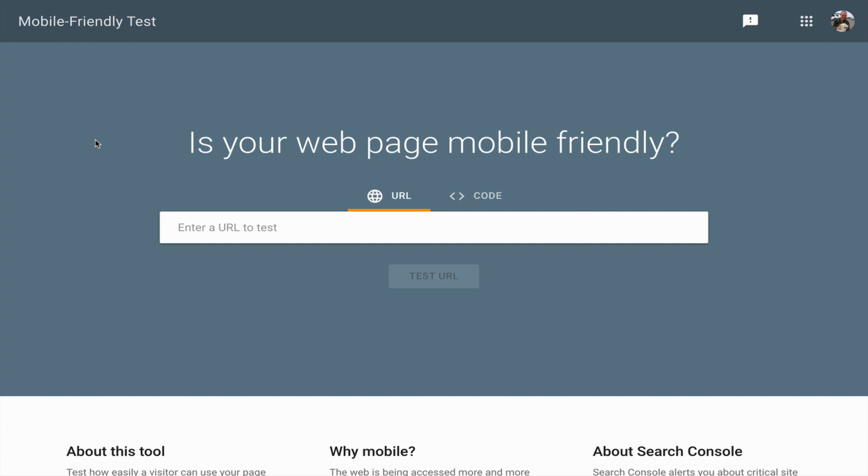In this video, let's go over the Google tool to check if your website is mobile friendly. The URL for this tool is search.google.com/test/mobile-friendly. I'll have this URL in the resources section of this video, so you don't have to worry about spelling it or remembering it. I just pasted it here for you so that you can actually see it for yourself,